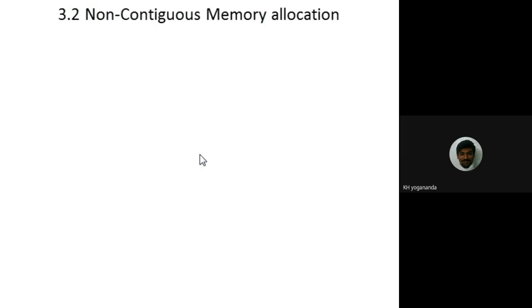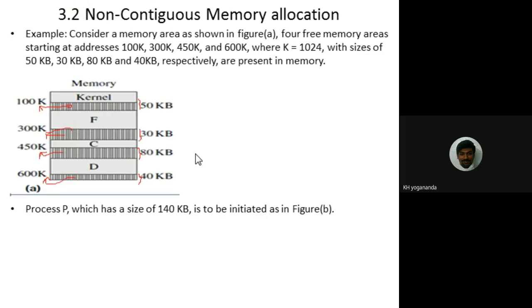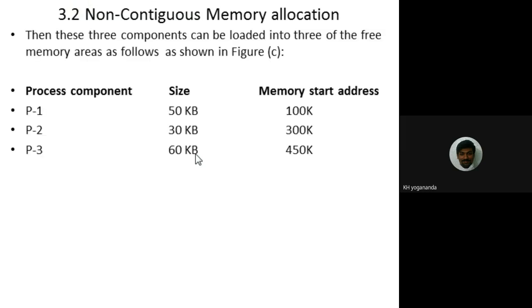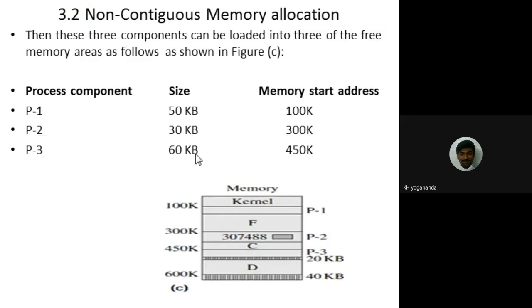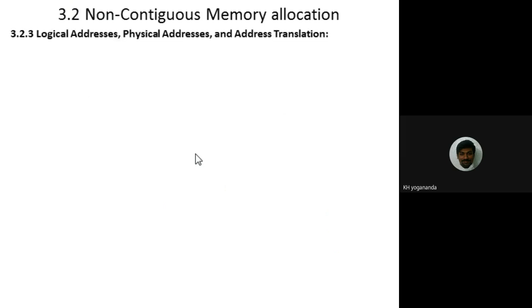I think you all got the point. This is how we can allocate memory to a process when there is no single block of exact memory space. Next, continuing from this, we shall try to understand the meaning of logical address, physical address,